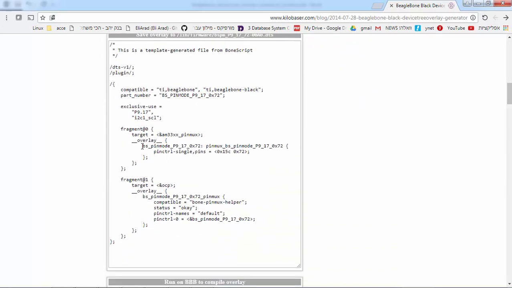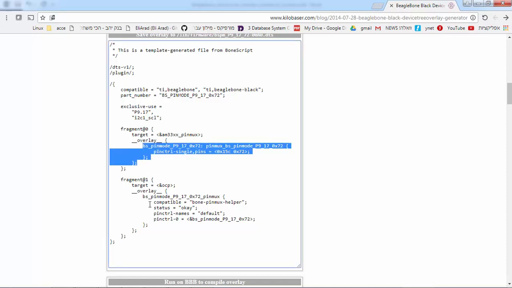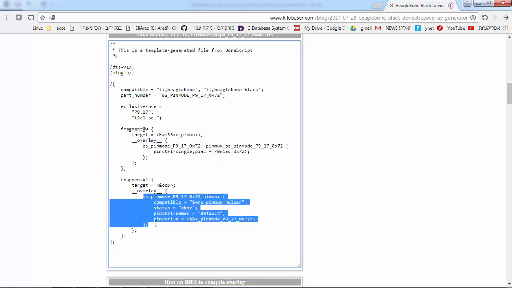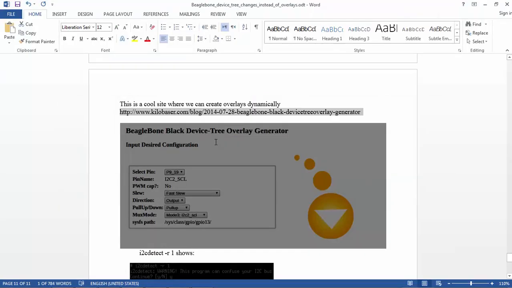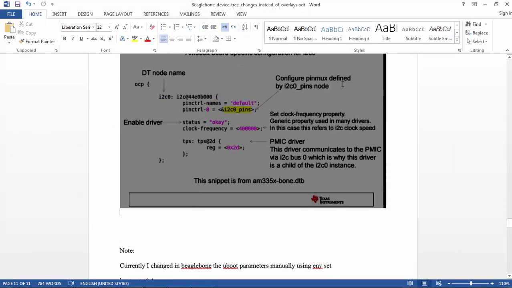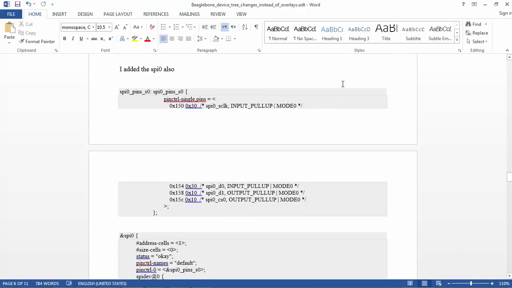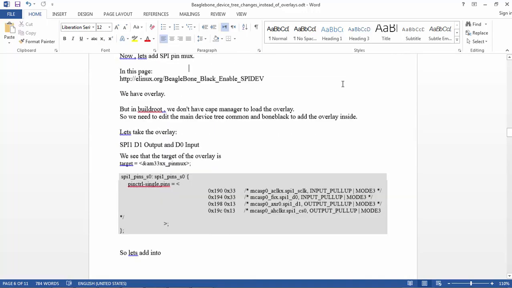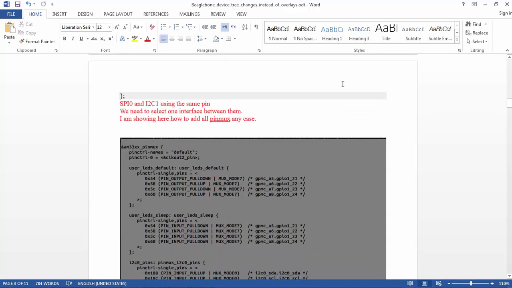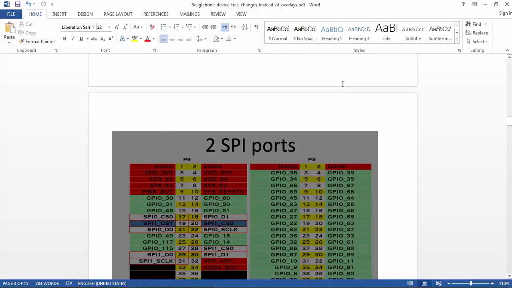So what they did is just took this code to the common DTSI and took this code to the BeagleBone. We have it ready already. Don't have it here, but you can find everything on the internet. Okay, so after we